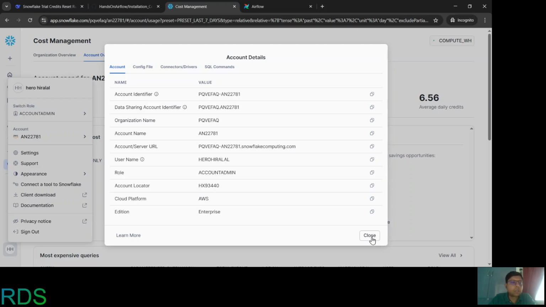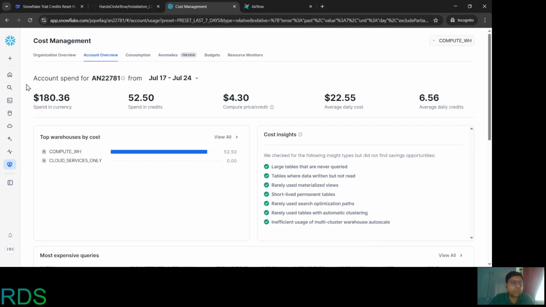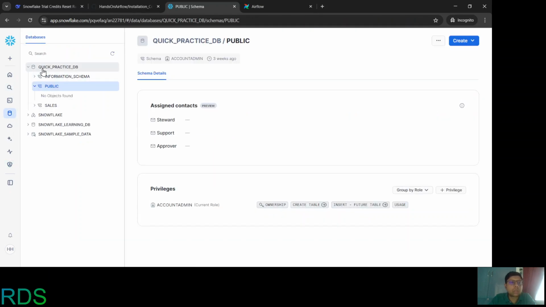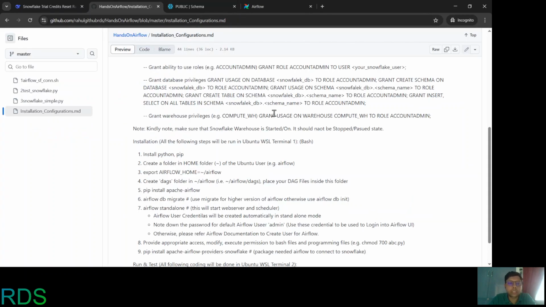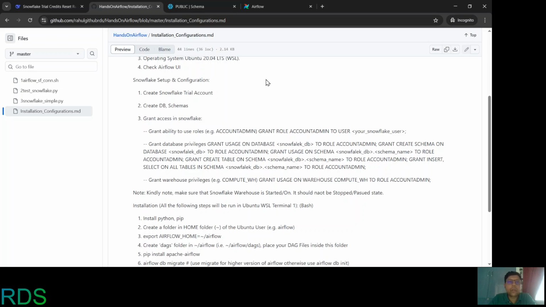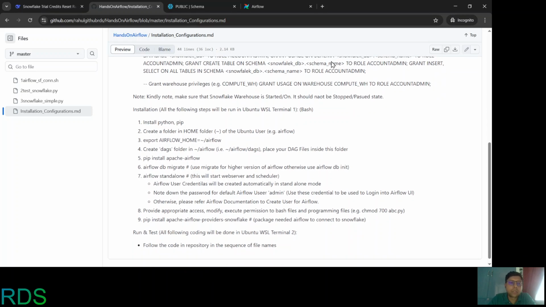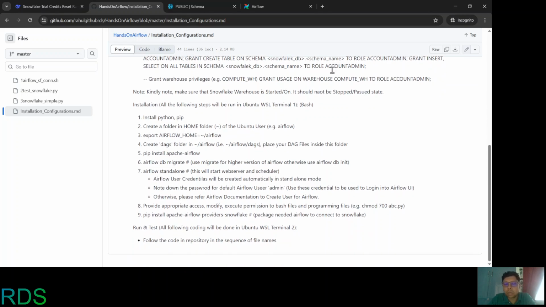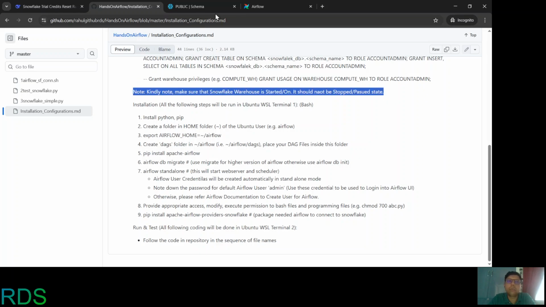Okay, so let us move ahead with the database. So this is our database, this is the schema, and we will go ahead with the next step. Once you have set up the Snowflake account, the most important thing before winding up with the Snowflake